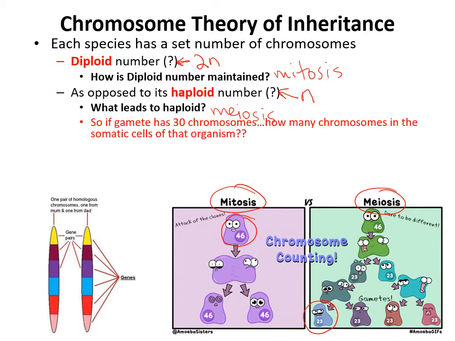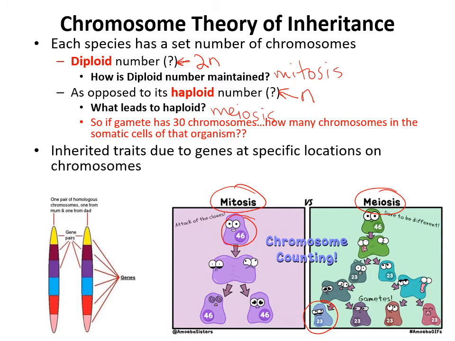Now, it's important to kind of figure out why we end up having that, diploid maintained by mitosis, haploid maintained by meiosis. And if you think about it, mitosis is when your somatic, meaning your non-sex cells, so all the other cells in your body that are not your sperm or egg cells, those all replicate or divide by mitosis. So for instance, your skin cells. The reason why they need mitosis is you always want all of your regular body cells to have 46 chromosomes in them, the diploid number, 2n. Otherwise, you're not human if you don't have the proper number of